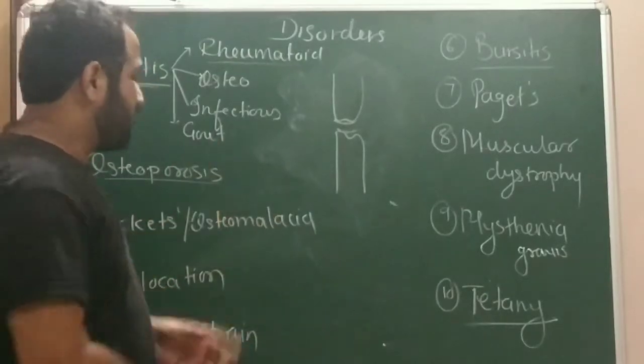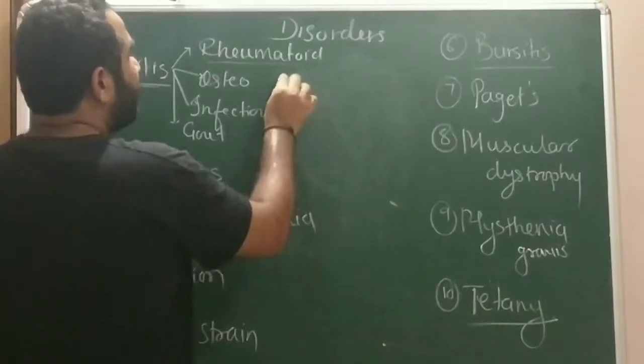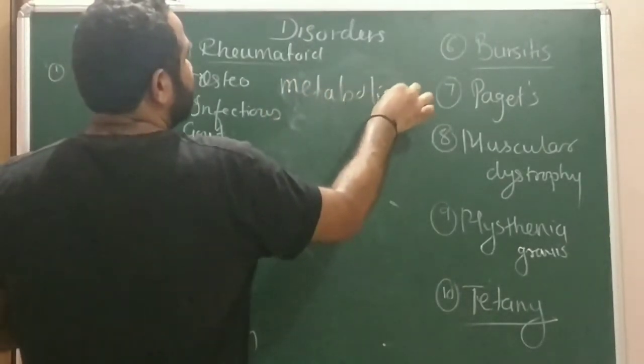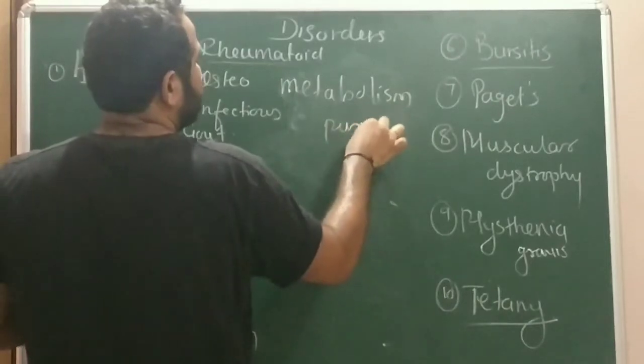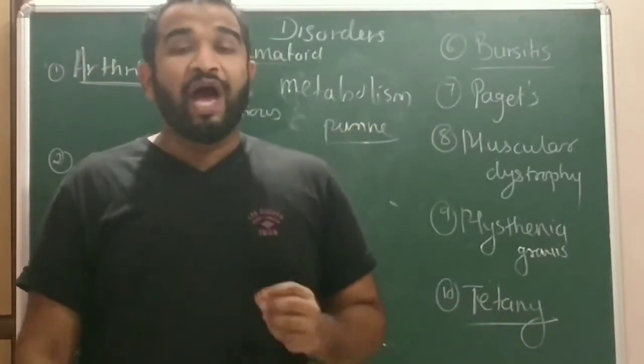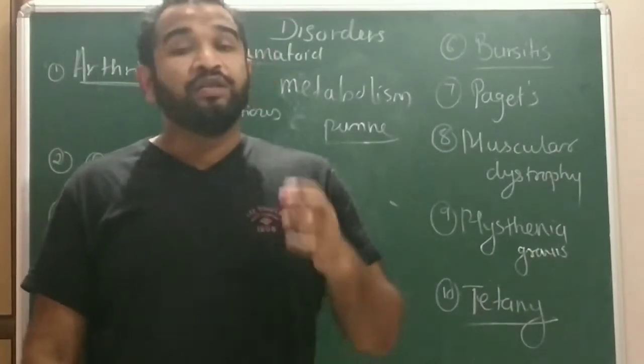The last one is the gout arthritis. What happens in the gout arthritis? Gout arthritis is a defect of metabolism of purines. Okay, the metabolism of purine does not take place properly, and when the purine metabolism doesn't take place properly, this purine